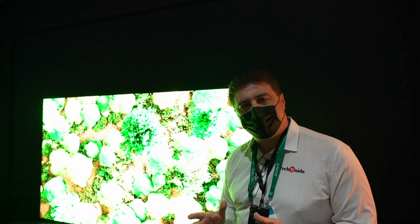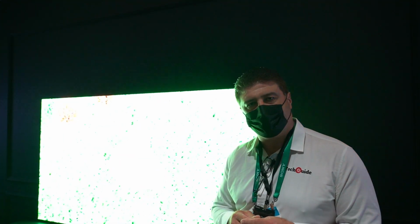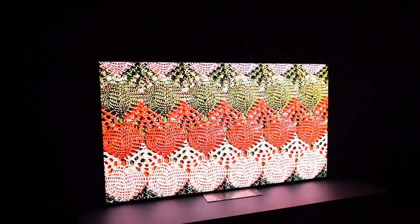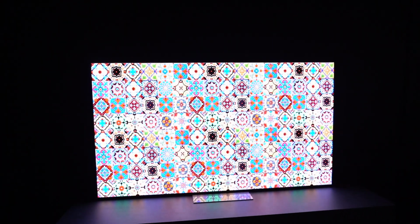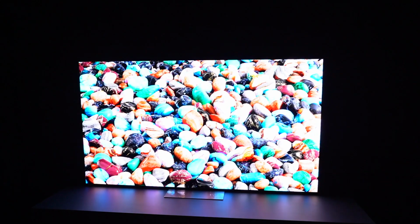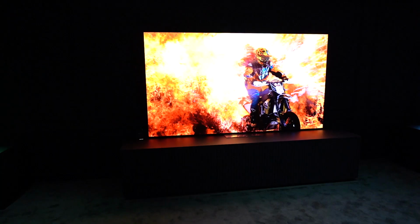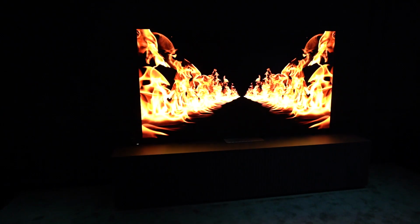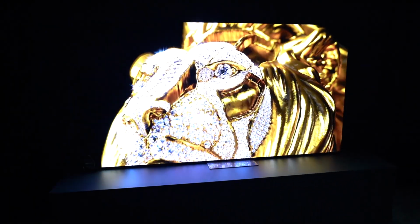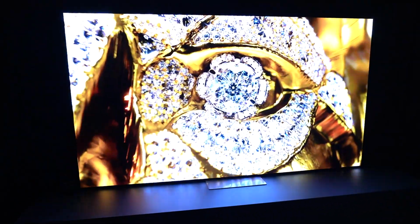What we have here is Samsung's MicroLED TV. Now we've heard of the Neo QLED TV. This is entirely different technology. This originated years ago as the wall, so it was a modular system mainly for commercial purposes, but the technology has improved so much. The MicroLEDs have shrunk to such a size that you can now offer these more customer-friendly